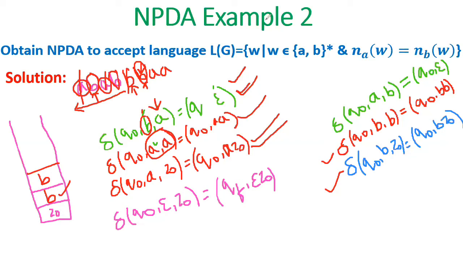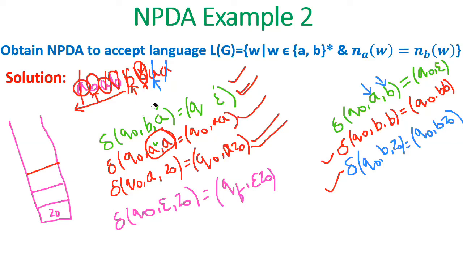And then what do you need to do? What is the new symbol you have got here? A is the new symbol you got here. What is on top of the stack? B is on top of the stack. That is, A is the new symbol you have got and B is on top of the stack. So you pop that B. So for this A, B will be popped. And similarly, by using the same statement, for this particular A, B will be popped from the stack. Now you can see here, the string is empty. You have scanned all the characters and the stack is empty, and we say that it is accepted.